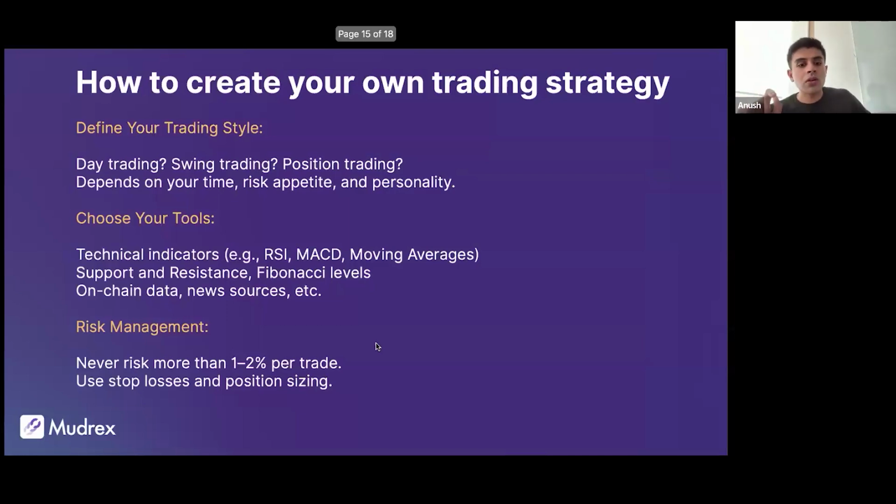Now, the technical tools. I do encourage you all to keep a note of all of the tools that I'm going to be talking about. RSI is one. MACD, which is basically moving average convergence and divergence. Then come moving averages. Then come trend lines, so basically support and resistance. And finally, for more advanced traders, there is a tool called Fibonacci levels. Basically, these help you predict potential retracement zones, and are very useful in trending markets.